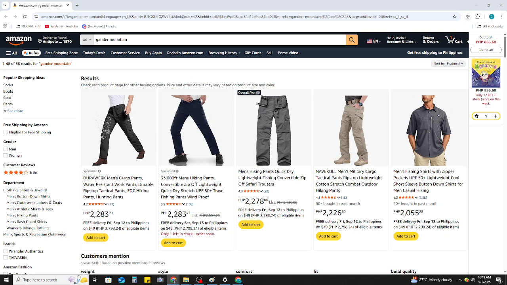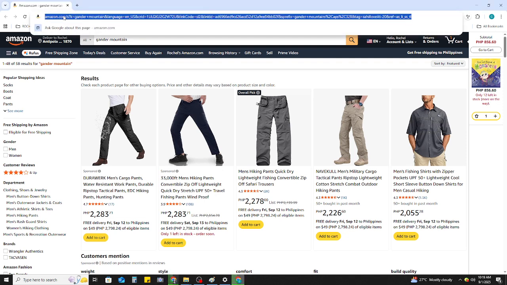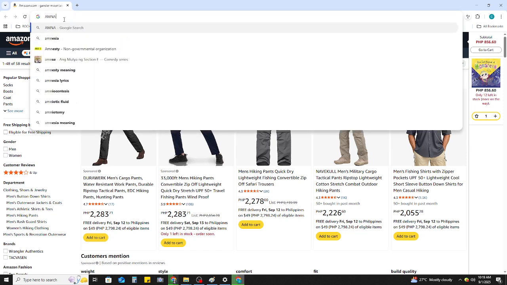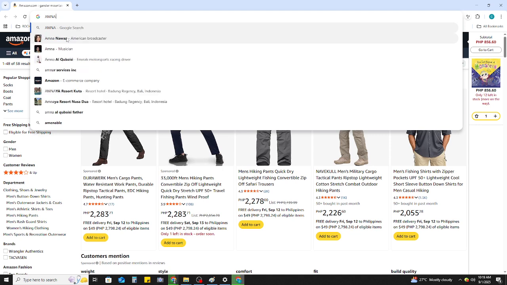First off, open up your preferred web browser. Whether it's Chrome, Safari, Firefox, or another one you're comfortable with, it doesn't matter as long as you're connected to the internet. Simply type in the address bar www.amazon.com if you're using the main site for the US, or head to your respective local Amazon site if you're from a different region. This address will take you directly to Amazon's homepage, which is your gateway into the vast